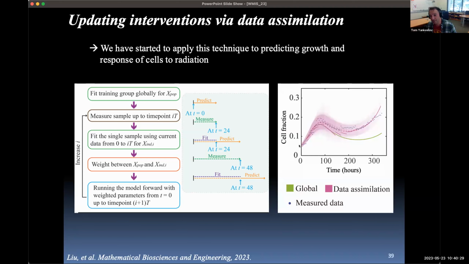If you just start from the global parameter, that's this green curve right here, then your prediction at the end of your study, 300 hours later, 2 weeks later, whatever that is, you're far off from where you actually are. But if you keep making these model updates, then you're doing pretty good, and it looks like it's about time to make another model update as this prediction is going off, and the data doesn't seem to be increasing at that much of a rate there. So at early time points, you're weighted a lot by the population, but by the time you get to right about here, you're looking only at the individual.